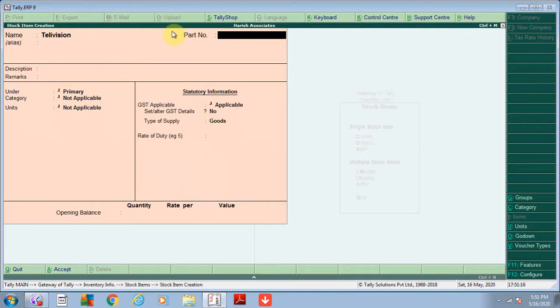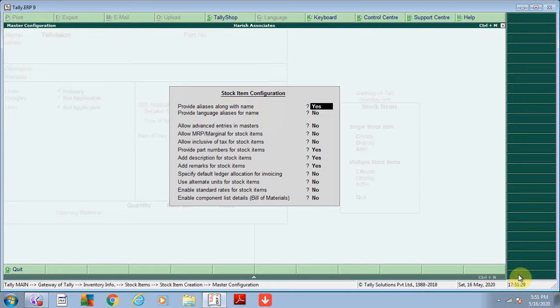This part number will appear only if you switch on the switch which is here in the F12 configuration. There is an option in the middle of the settings, provide part number for stock item.